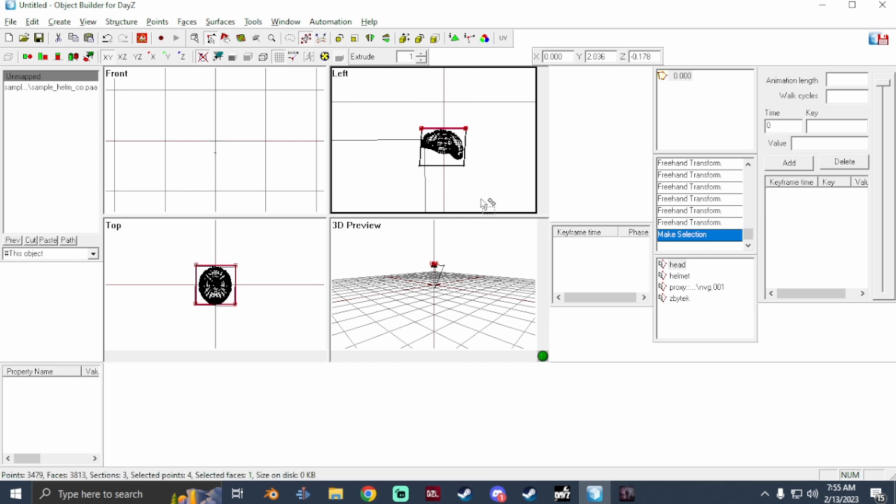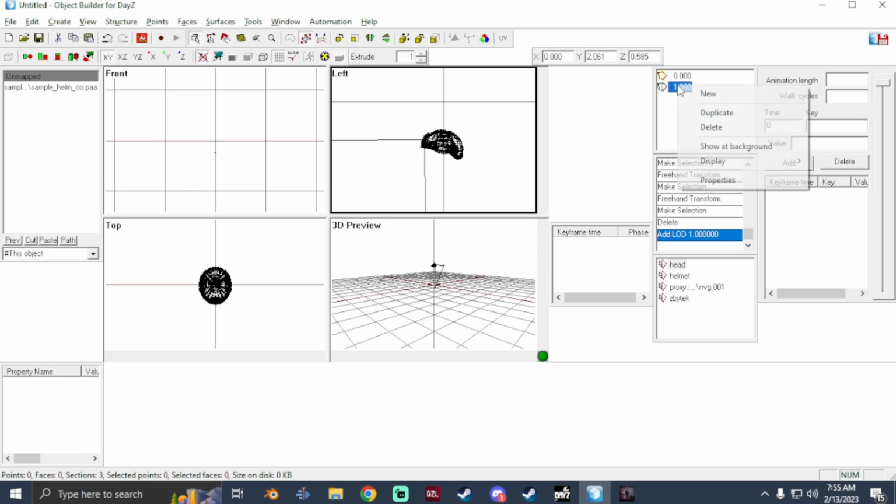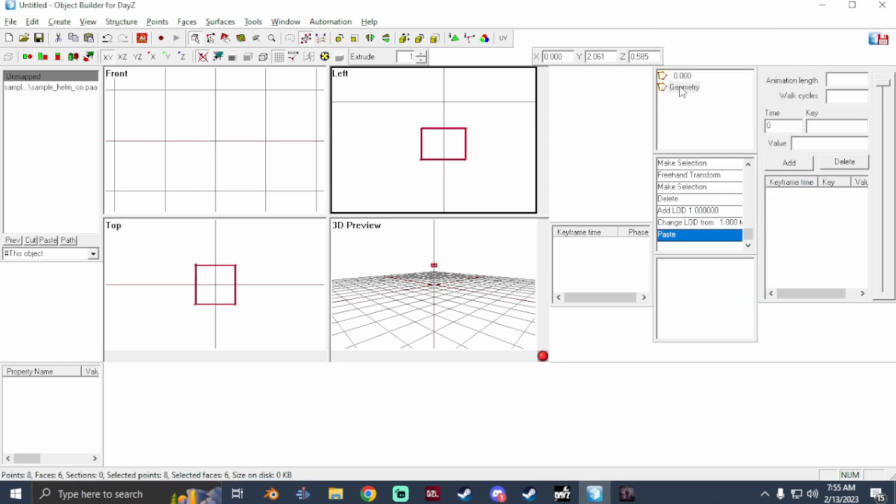Once you get it where you want it, kind of like that, it doesn't need to be perfect, just close enough. Select just the box, copy it, delete it from here. Over here, create a new LOD property, geometry, paste,